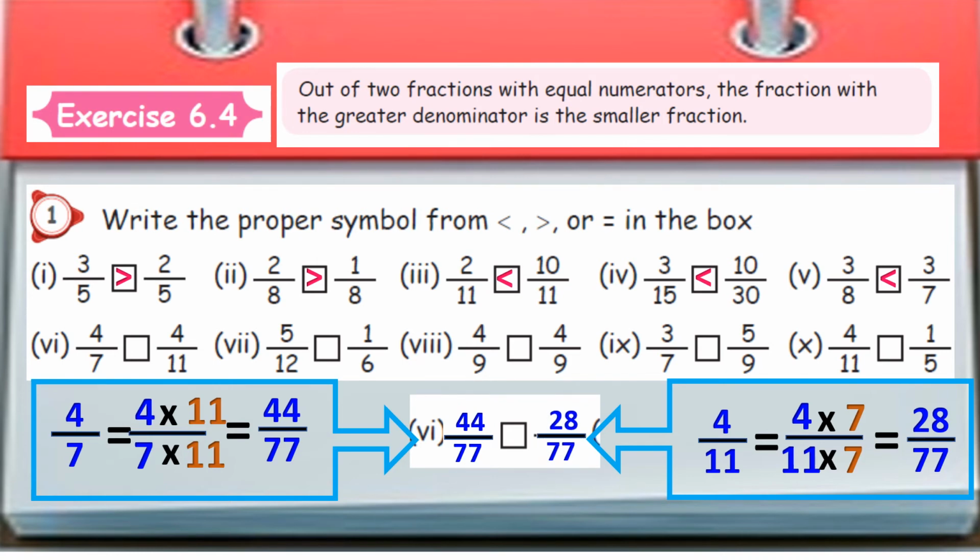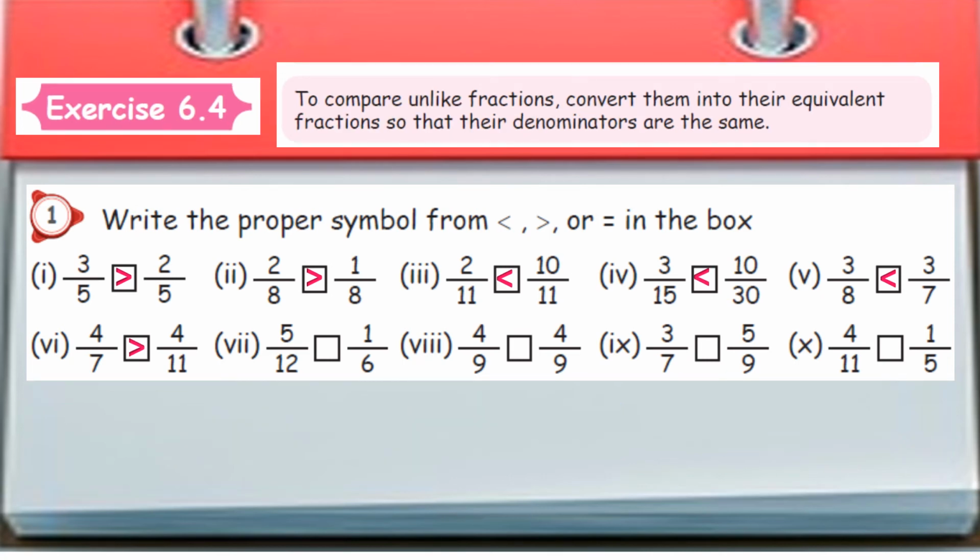Fine. Look at this. 44 by 77 or 28 by 77, which is greater? Yeah, you are right. So 44 by 77 is the greatest one among these. So just open the mouth that side. That's what I told you, isn't it? I told you already, 4 by 7 only is greater. So after checking also we got the same answer.